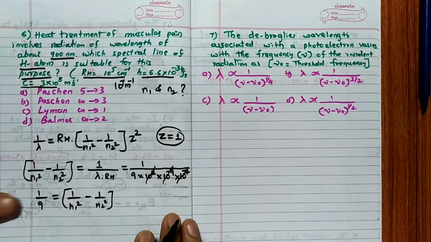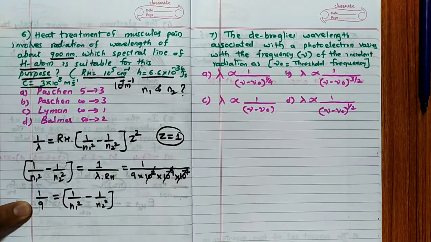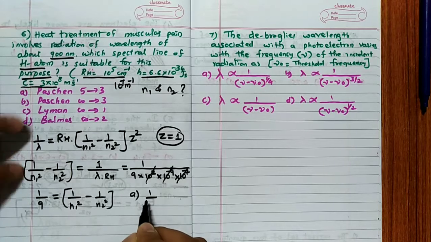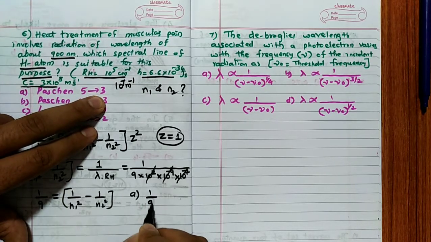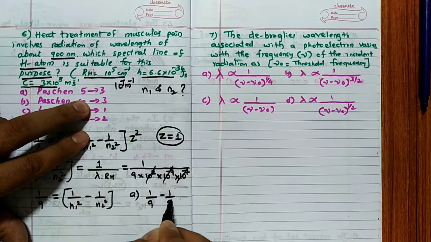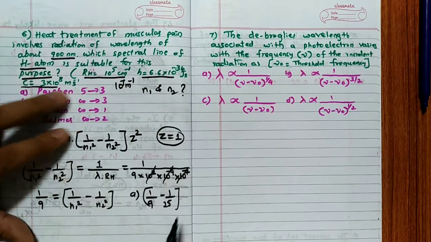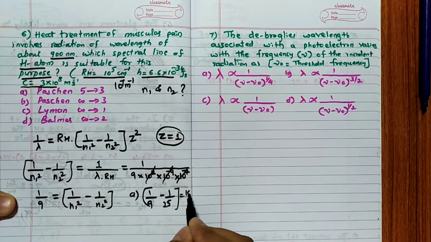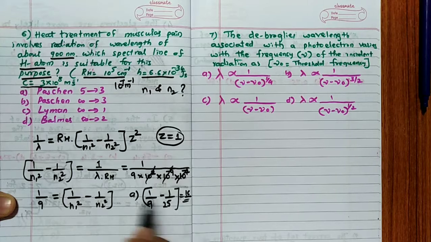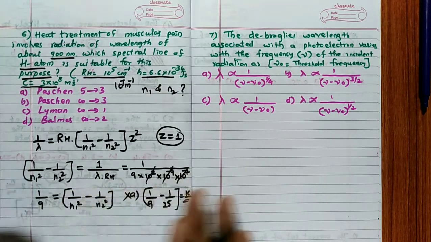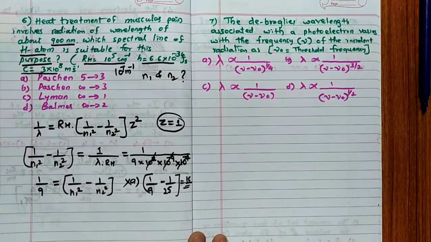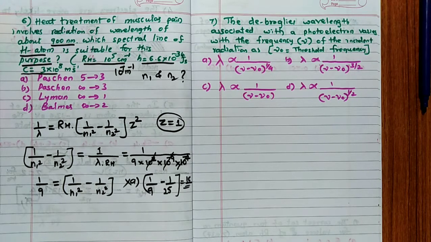Right? Now you go on putting the values. You have to see when you will get 1 by 9. See in the first option A, the lowest is 3 square, 9, minus 1 by 5 square, that is 25. So further calculation is not necessary at all, because you will never get 1 by 9 from 25 minus 16 divided by 25. A is wrong. So don't calculate the whole thing, because you are in the exam hall, remember, you don't have time to do that. After coming from the exam hall, at your house or room, you can calculate that.